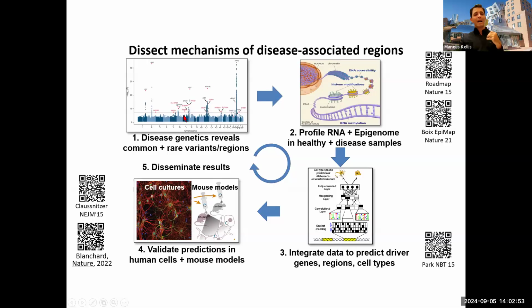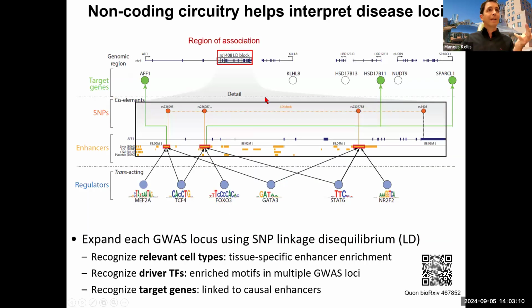Basically, what we need to understand is how disease-associated causal factors act through the RNA, the epigenome, the networks, the circuitry of the cell. And that's going to be module 1, to understand how that eventually leads to disease. We're going to be learning about these networks in module 1: the regulators, the motifs that they bind, the enhancers through which they act, the genes that they target, the genetic variants that perturb them, the cell types where they become active, and so on and so forth. Okay, so that's basically module 1.